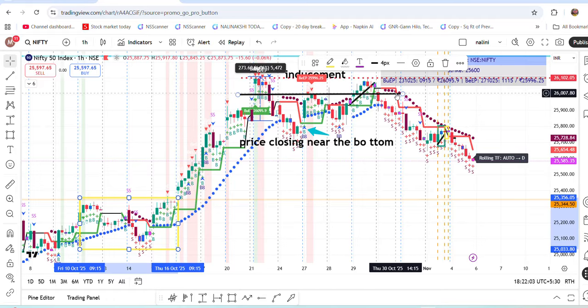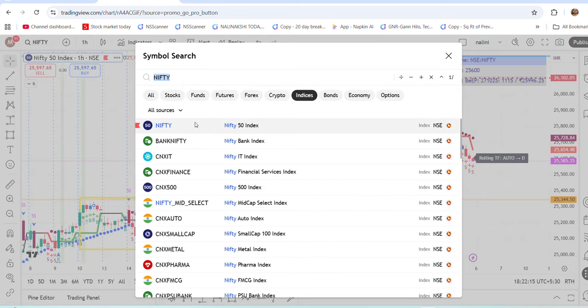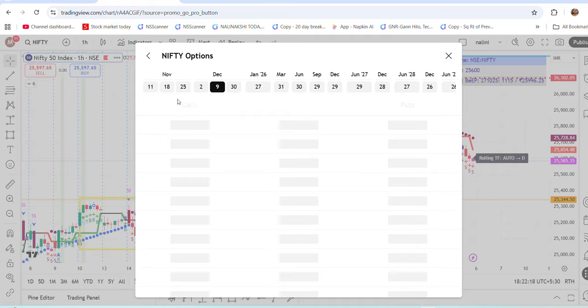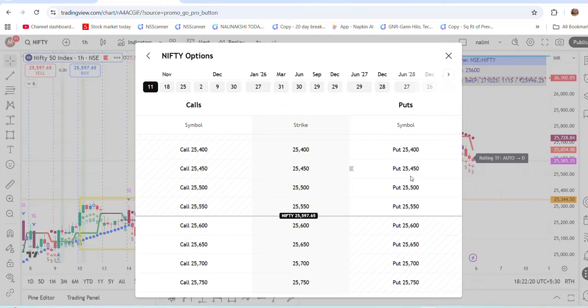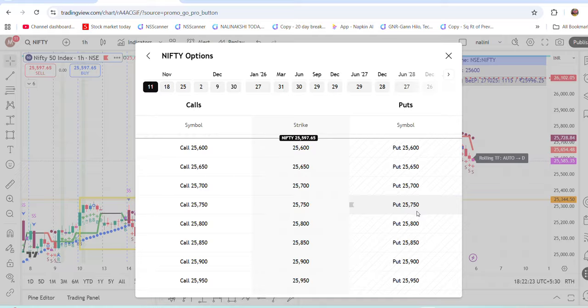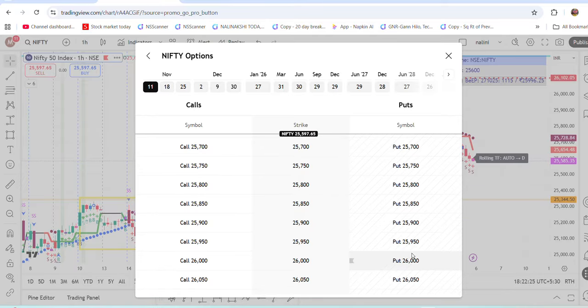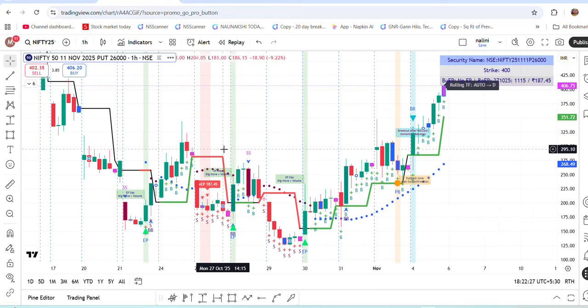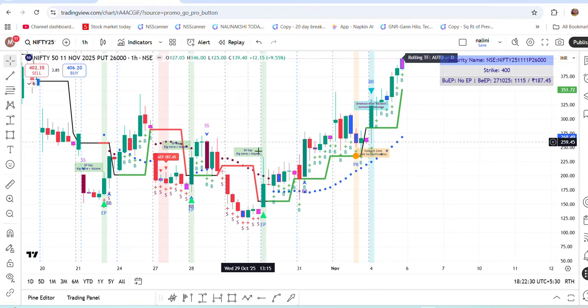The bearish EP was confirmed with the down move, and with my rolling pivot, you could have taken a put option. For example, if you would have taken the put option on the 11th, because we will not be getting the data, 25,996 means 26,000 put option. If you would have taken position over here, same behavior has been mimicked in the call option. Finally, it has reclaimed on 30th October.